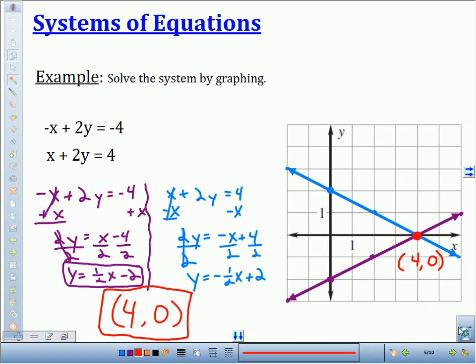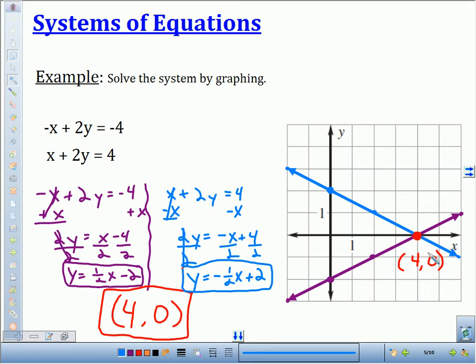Okay, we can see here that I solved the first equation in purple and I graphed it in purple. I solved the second equation in blue and graphed it in blue. I solved both equations for y. I ended up with, for purple, y equals 1/2 x minus 2. And I graphed that line. In blue, I graphed y equals negative 1/2 x plus 2. And I graphed that line